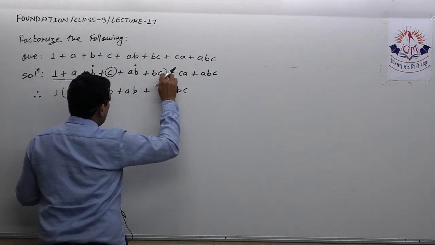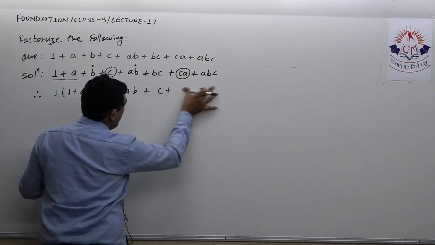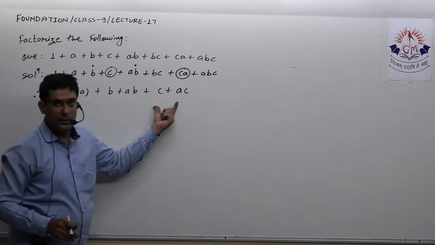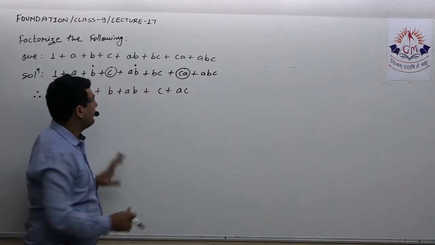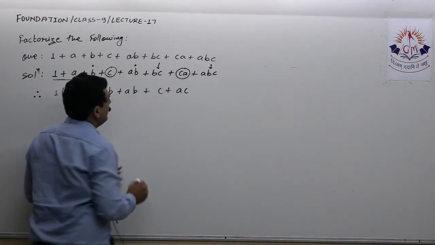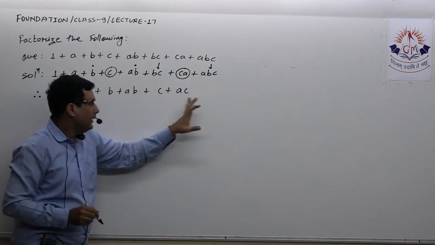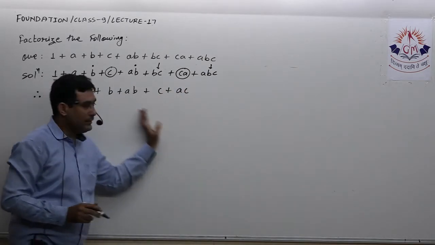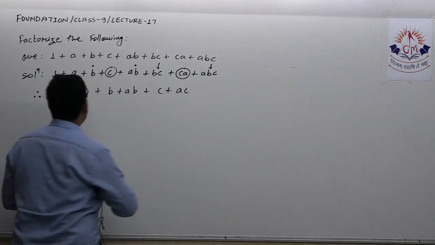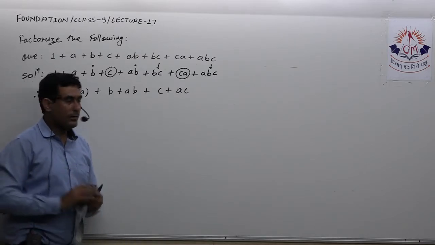So with c I have to take this actually. With c, if I take over here ac, so after taking c common, I'll get 1 plus a in the bracket. Now only two terms are left, these two. So after taking bc common from these two, again I will get 1 plus a. So in this arrangement it is possible to take common, and it is also possible to get the same thing, that is 1 plus a in the bracket. So this is the way.